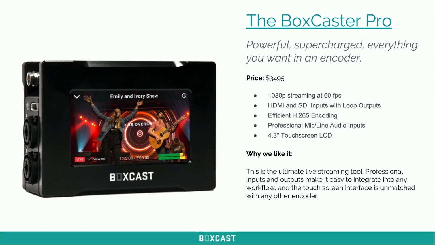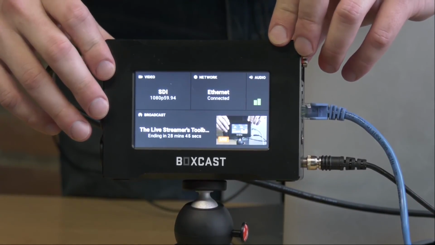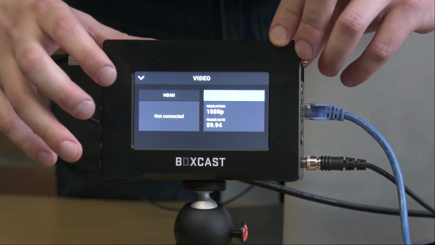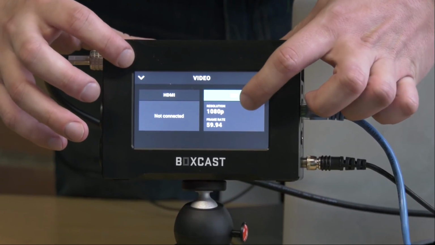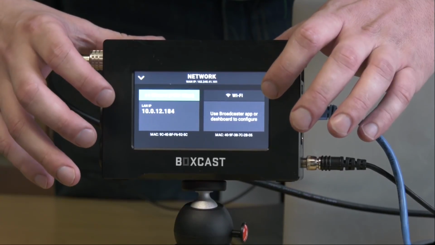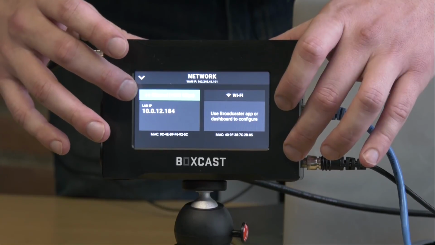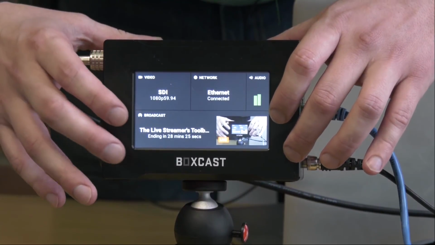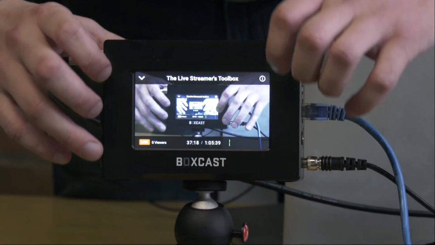And then there's a really slick touchscreen LCD that I'll show you right now. So we'll cut to our close-up shot here. You'll notice right on the front, we have the touchscreen LCD, which lets you navigate through a different menu of options, and it lets you show the status of your stream. We can see what type of video signal I'm getting and the frame rate. And we can check out my internet status. We can see the IP address I'm getting, and we can recognize that we're streaming over Ethernet right now, not Wi-Fi.